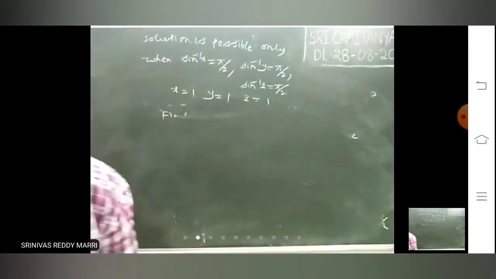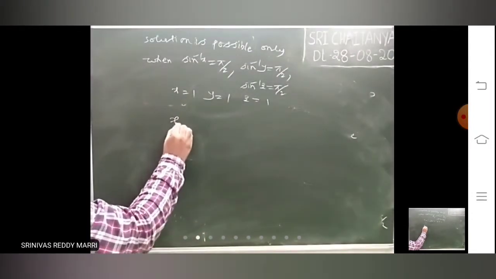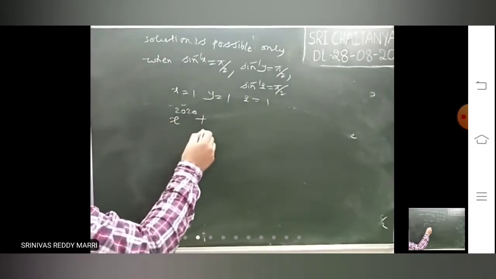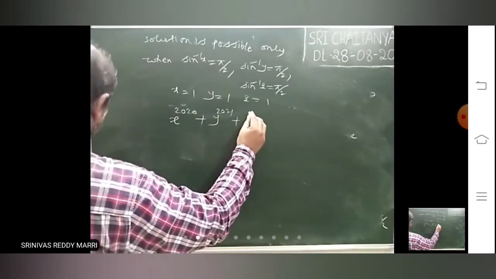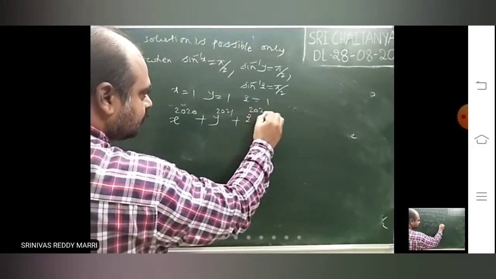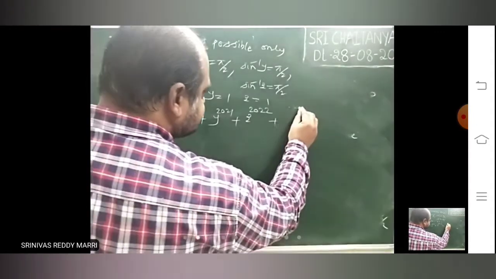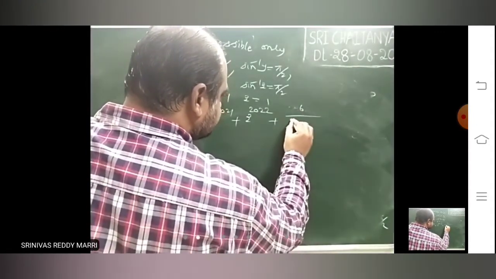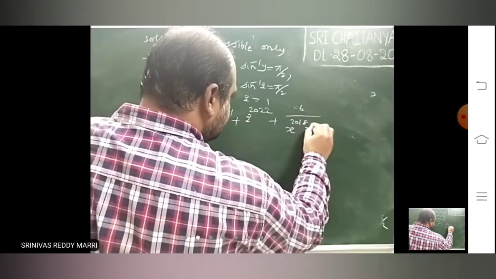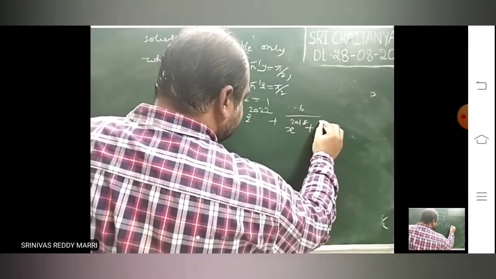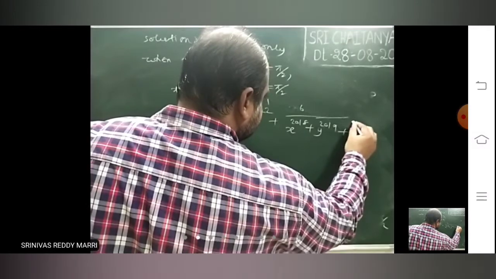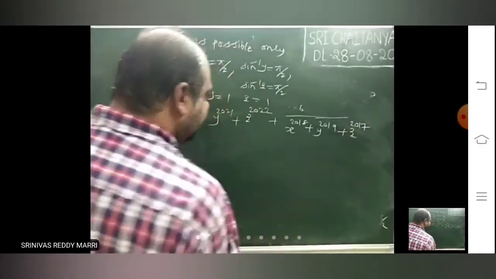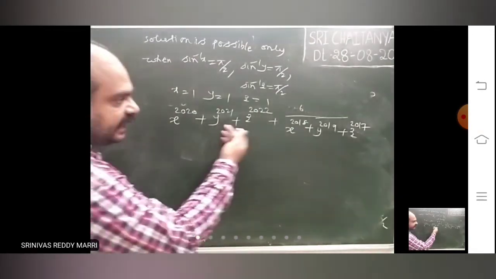Now they will ask like this. These values have come to us. Suppose the question will be asked like this: x power 2020. The same question is given. He will ask like this, a bigger expression: 22 plus 6 divided by x power 2018 plus y power 2019 plus z power 2017. He will ask like this by giving the equation. Don't be scared by looking at this.